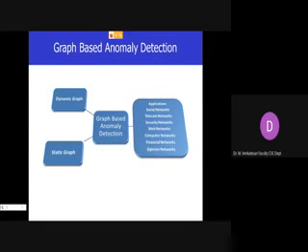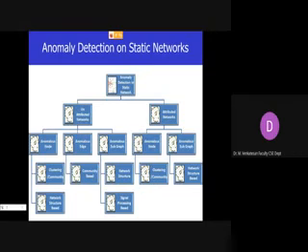So what happens when you talk about social networks? How will the data be represented? The social network data will be represented in the form of a graph. When you look at the graph, there are two kinds: static graph and dynamic graph. So we can apply graph-based anomaly detection. There are various applications with respect to this: social networks, telecom networks, security networks, web networks, computer networks, financial networks, and so on. And these are some of the background; then you have the related work, right?